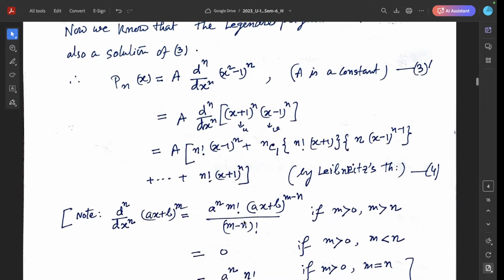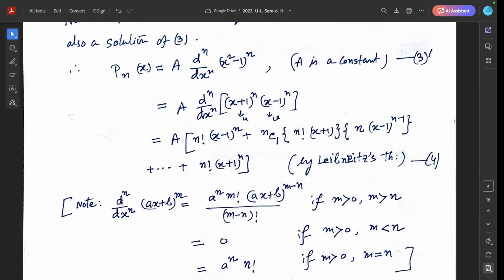Actually, here we use the formula: d^n/dx^n of (ax plus b) to the power m equals a to the power n, m factorial (ax plus b) to the power m minus n divided by (m minus n) factorial, if m is greater than n. And this is equal to 0 if m is less than n. And this is equal to a to the power n times n factorial if m equals n. So from this,